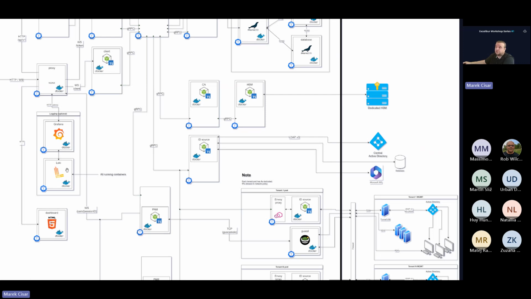Also, the Loki engine, which is taking care of gathering logs from all the microservices. So if there is a necessity to send some kind of log from a particular microservice, it will contact Loki and send it all the necessary events or logs. You can analyze them later within the Grafana interface.